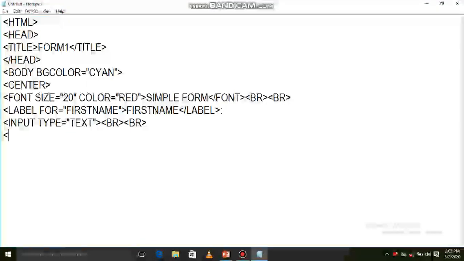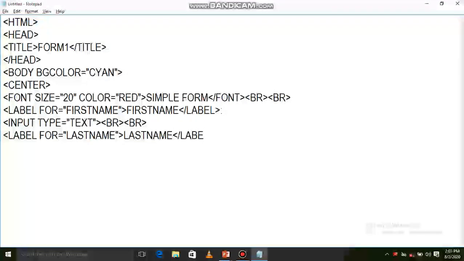Next again label, for the next field which is last name. Here label close. Next again input type is equal to text.